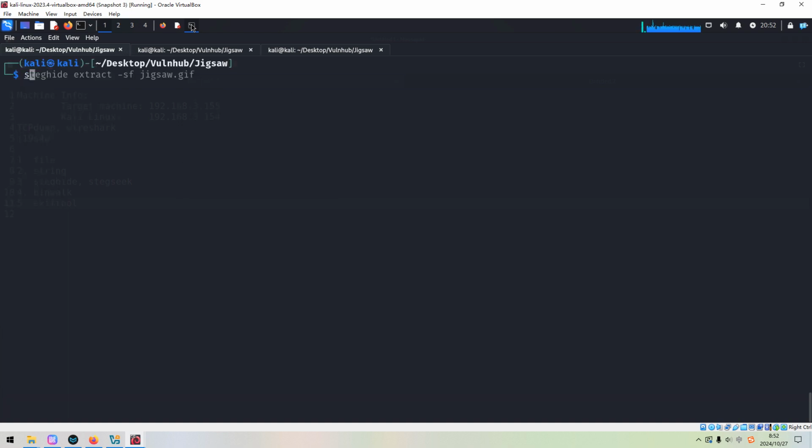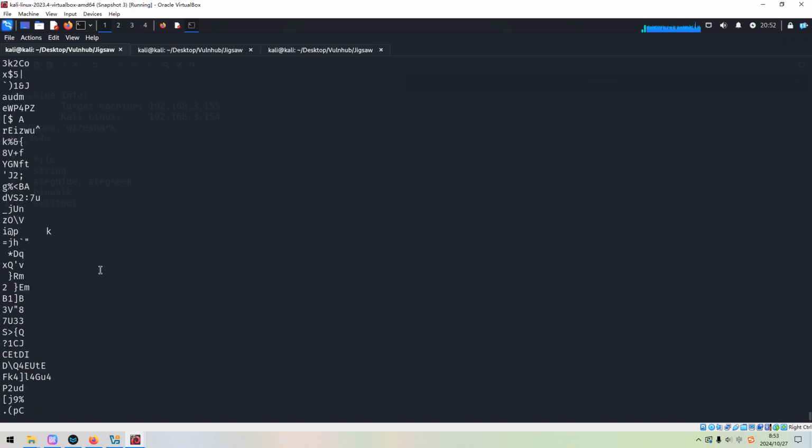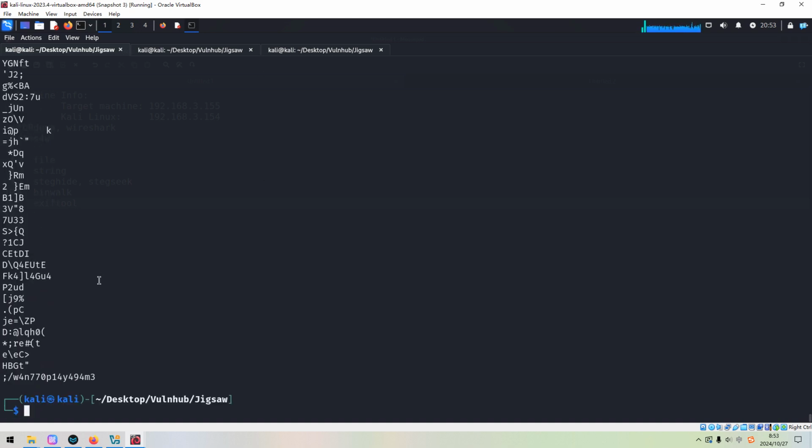So next we can use strings. We got something this time. You know, this one at the end, its length is very different from the other lines, right? And also it has a slash.